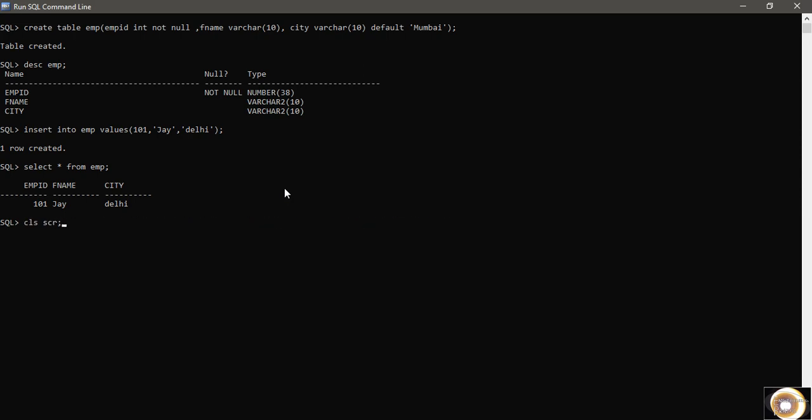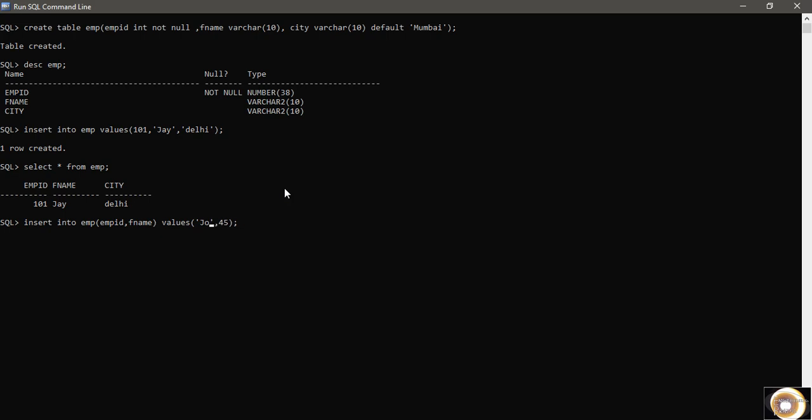Next thing, when will this default value be used? I will use this command for inserting values. Let's say I am inserting employee ID and first name, and I'm not inserting any city.